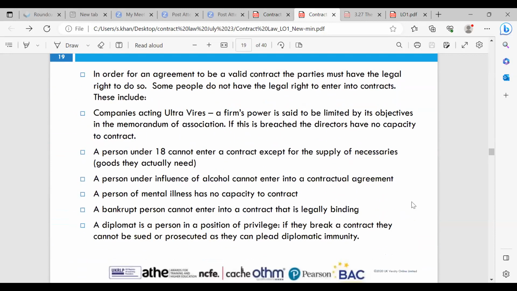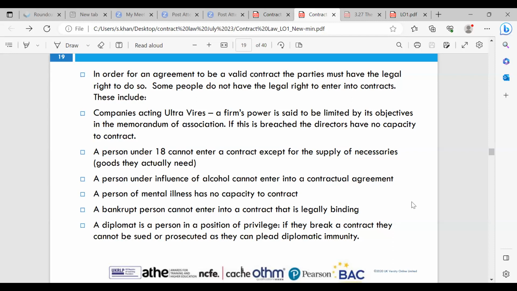So in order for a contract to be a valid contract, the parties must have the legal right to do so. Some people do not have the legal right to enter into contracts. These include companies acting ultra vires, and that means beyond their powers. A firm's power is said to be limited by its objectives in the Memorandum of Association. So if there is a breach, the directors have no capacity to the contract, and that's acting beyond their powers,